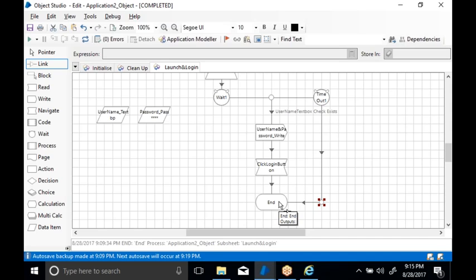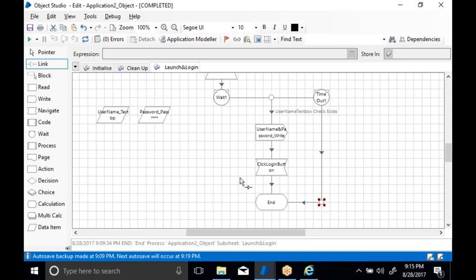Or else we have one more option. Every process or object can contain more than one end stage. I no need to connect from here to the end, I can have one more end here and connect it directly. So this is an example: any process or object, pages or actions can contain more than one end stage, but there should always be only one start stage.